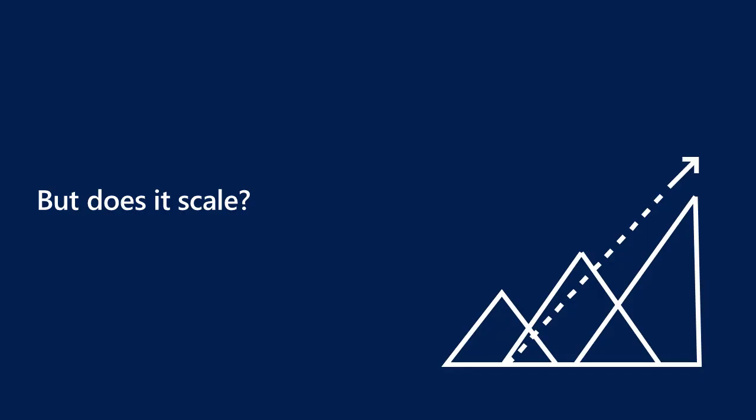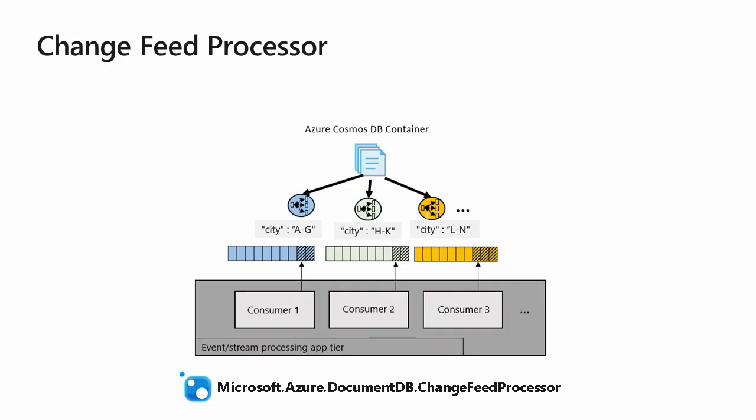After seeing it in action, you might be wondering, but does it actually scale in a real-life scenario where we are having thousands or millions of documents being inserted in our collections. To understand what this trigger is actually doing, we need to first understand a concept called the Cosmos DB change feed. The change feed is present in all Cosmos DB accounts with no extra charge and allows for a synchronic